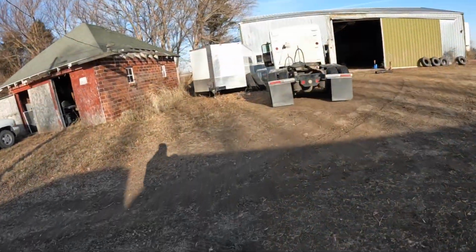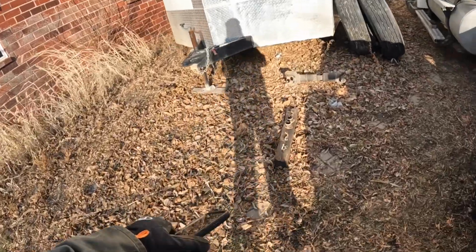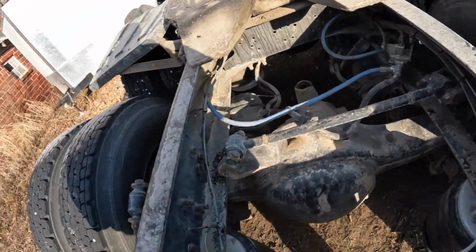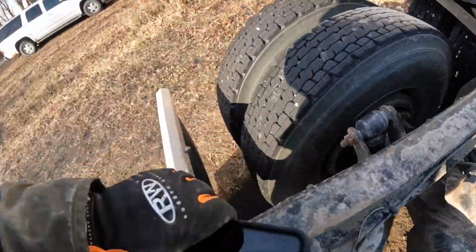Let's get to work. I got the intermediate shaft out and got her sitting over here. Most of my parts, not all, I need to find. I'm missing two bolts. There they are. Glad I looked, those would have been lost. I got more, but